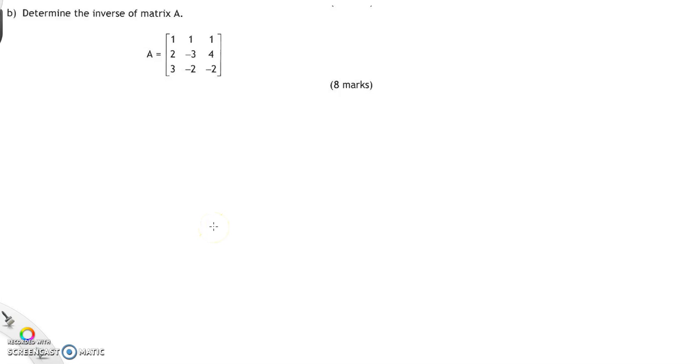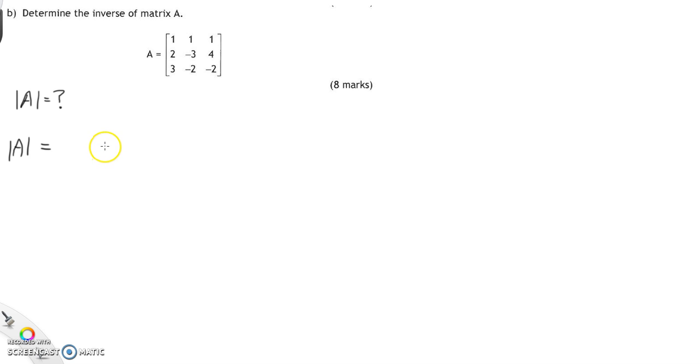Determine the inverse of matrix A. The first step in determining the inverse is we want to calculate the determinant, which is this kind of setup here. We want to get the determinant of matrix A. And how do we do that? Well, the determinant of matrix A,